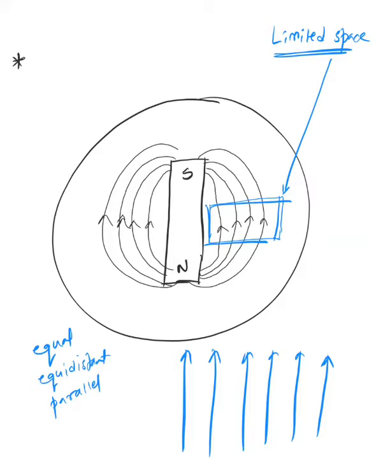So that's a very small point, a small or limited space of the Earth, and that's why it looks flat. Imagine you are outside the Earth in space and you're looking at it, then you can make out it's a sphere. But whenever you talk about a very small, limited space on the Earth, it appears to be flat. In exactly the same way, if you plot the magnetic field lines of a limited space, like in your house or your room, you will get these parallel magnetic field lines.